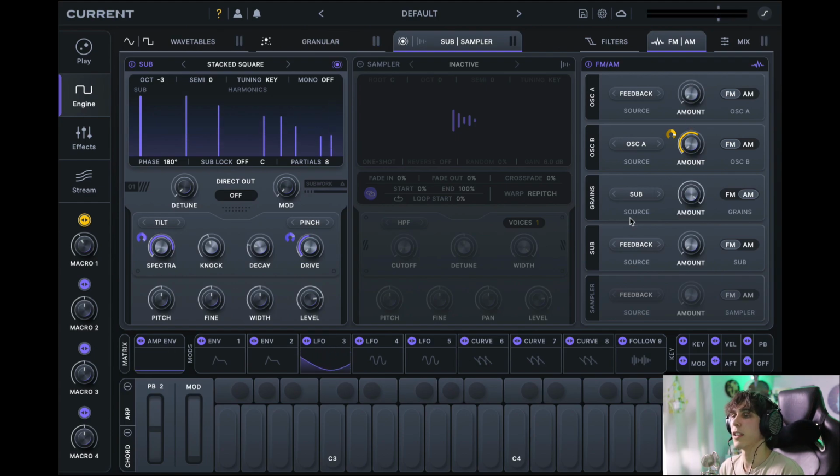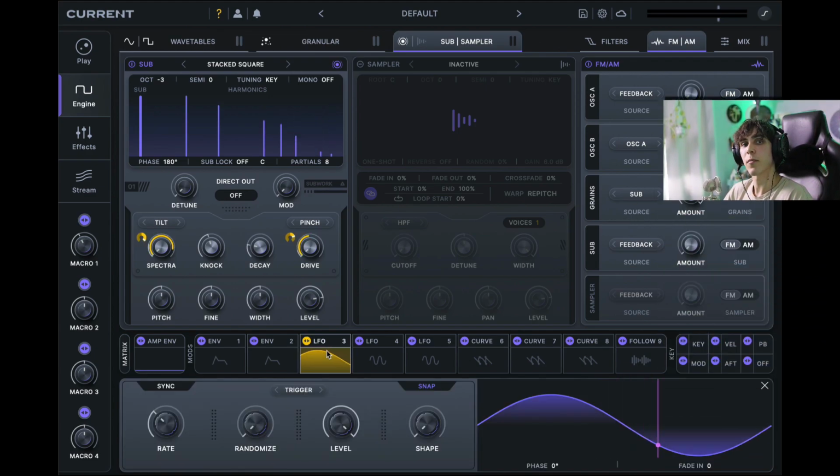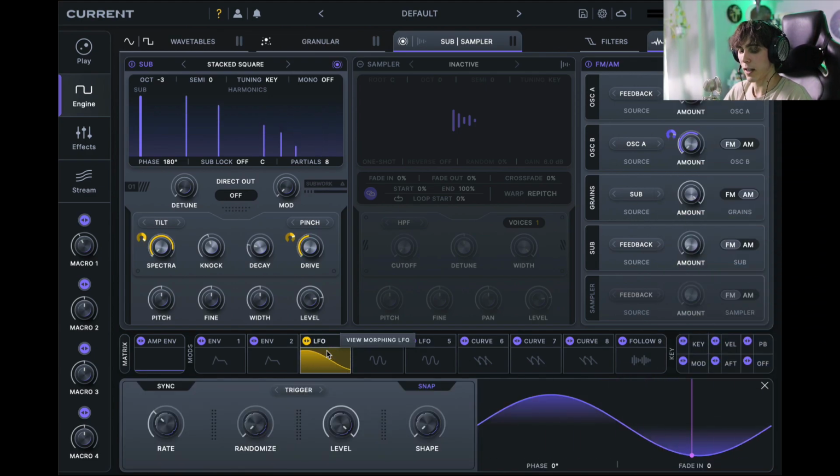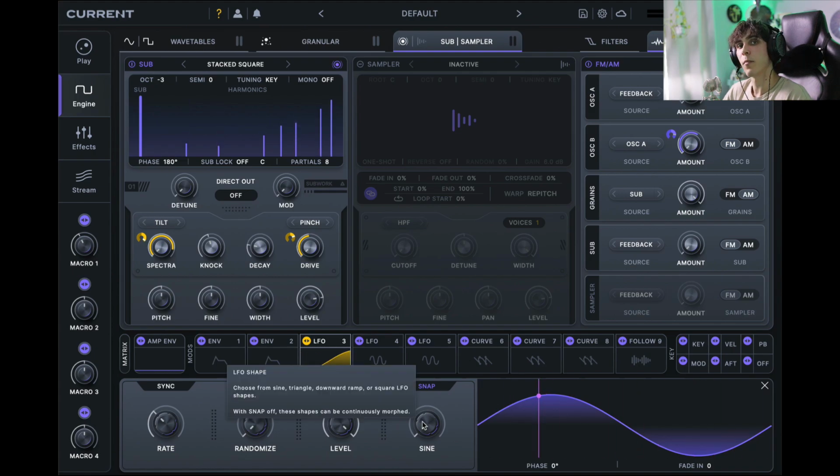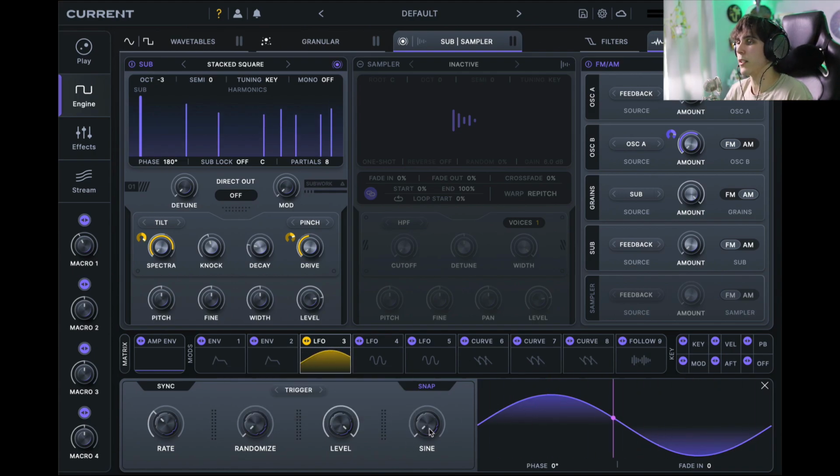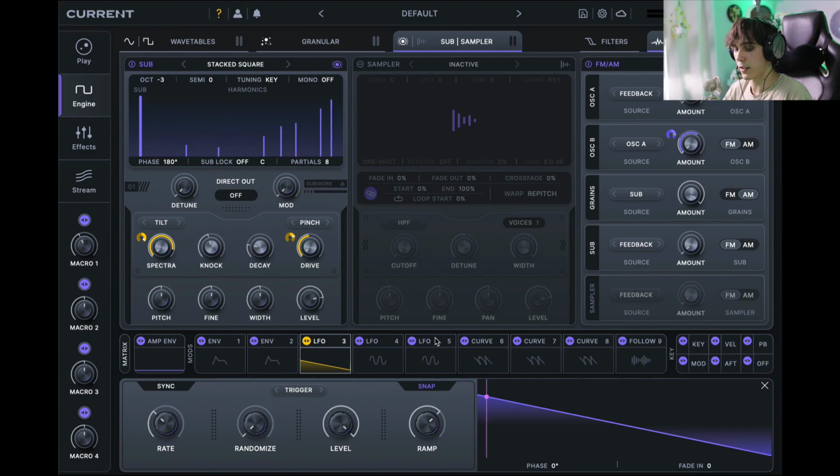So before we talk about any of the effects, let's just talk about the modulation and the MIDI effects. Let's start by looking at our LFO. So right now everything's been mapped to this LFO here. And it's a pretty standard LFO, but there's a few things I really like about it. So it's really easy to just change the shape here. So for example, now we have a downward saw,